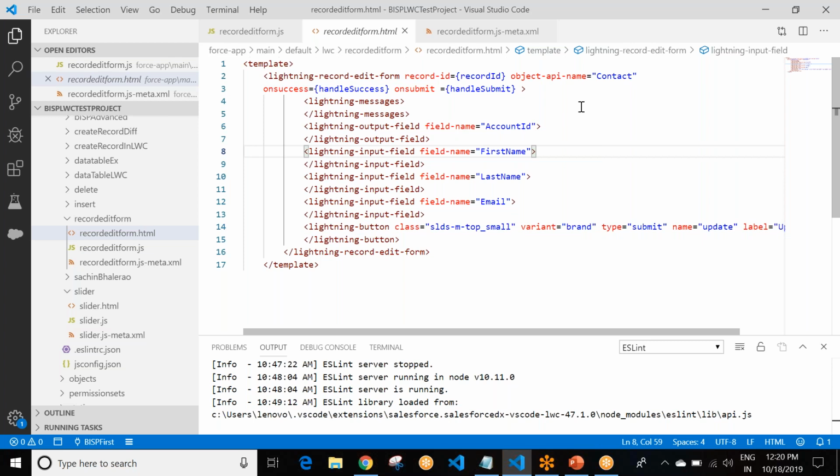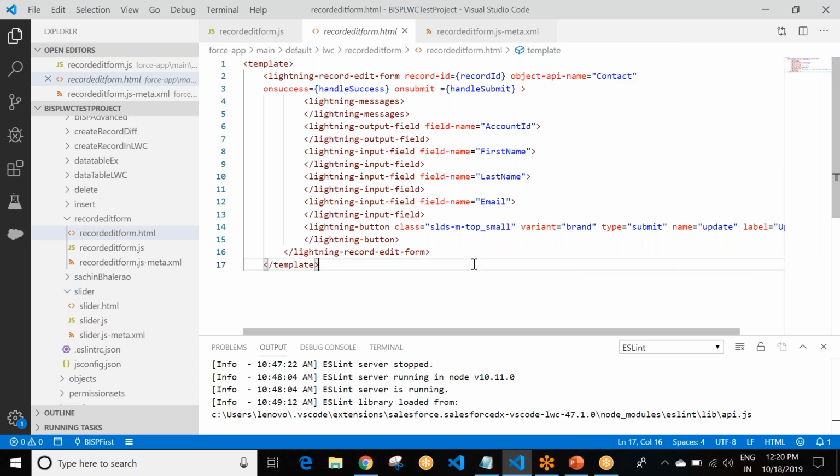And object API means we are using the contact object, and this makes the component usable publicly. We can use this object in our JavaScript file also.